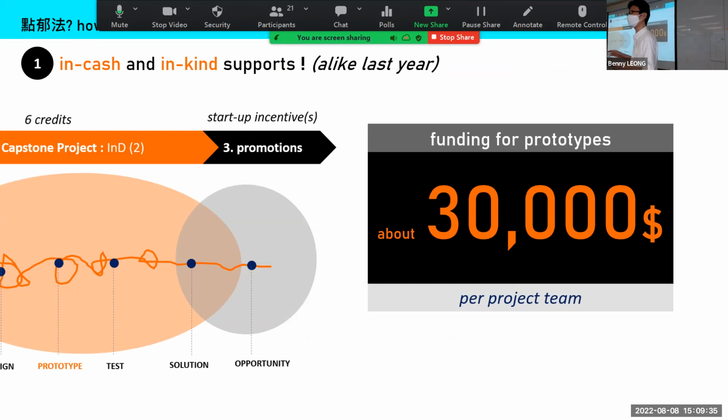Like last year, the first thing is that we do have a specific budget earmarked. There will be around 30,000 per team to support the prototyping. Some students asked us before why only the integrated capstone has this sort of money, and why the regular capstone does not. Listen, if you are taking part in this, it's because you need to work out something to show and to pitch. That's why the money is really for you to make a convincing prototype to sell the concept.